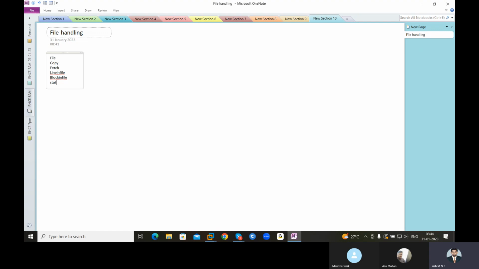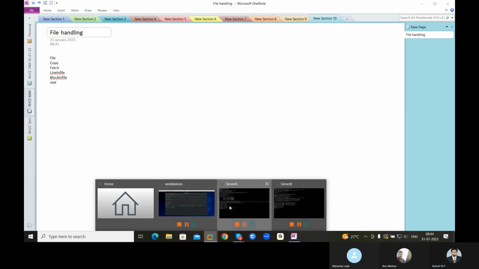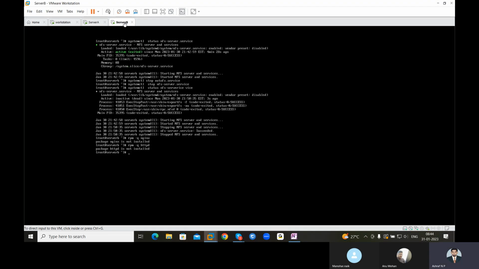So let me show you one good example. I'll just come back to my terminal. Look here, I have two managed hosts. If you try to install any application on these managed hosts, it will happen, right?